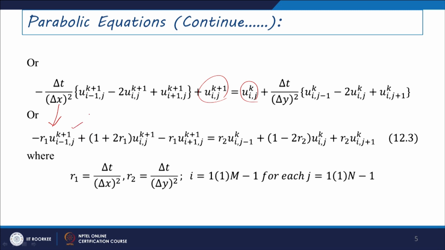u_(i-1)j^(k+1). So, 1 plus 2 r1 u_ij^(k+1) here, since minus sign is multiplied here. So, that is why it is taking the plus sign there itself, and one more u_ij is present there. So, that is why it is taken as 1 here. So, last term it can be written as a minus is multiplied. So, minus r1 u_(i+1)j^(k+1), and the right hand side if you look at, so we are obtaining u_i(j-1) here, and one term here itself. So, that is why it is giving as 1 here. So, 1 minus 2 r2